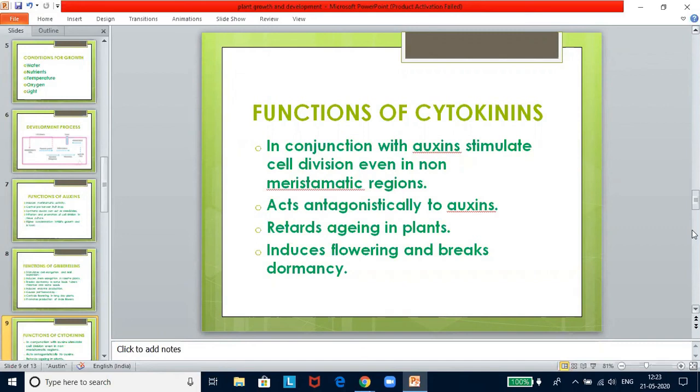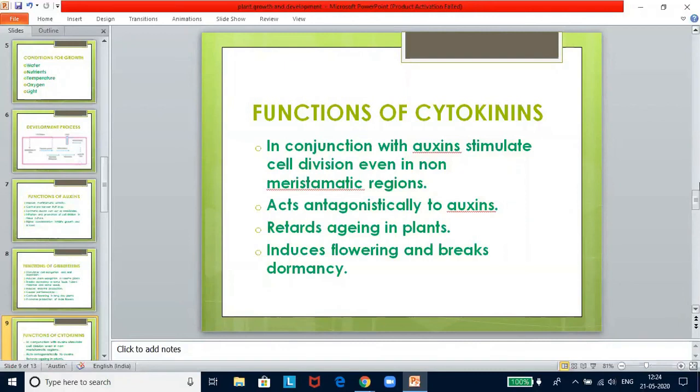So we have seen that apical dominance is promoted by the auxins, whereas when you apply cytokinins, it promotes the growth of the lateral buds. Cytokinins can retard aging of the plant organs by controlling protein synthesis and mobilization of the resources. Cut leaves dipped in cytokinins stay green longer than the control leaves. Cytokinins induce flowering in certain species, and they also break the dormancy of some seeds. Now, the common bioassays for cytokinins include promotion of cell division in tobacco pith culture, expansion of excised radish cotyledons, delay in senescence, etc.